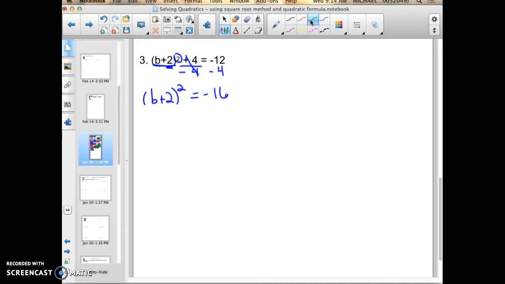I know it looks a little different because it's in a parenthesis, but I've isolated the power, but the power still exists there. And so now, then there's nothing else with it. So now I can take the square root of both sides to cancel out the power on the left side and free up what's underneath the power, the b plus 2. So on the left side now I have b plus 2, and that equals the positive and negative version of,